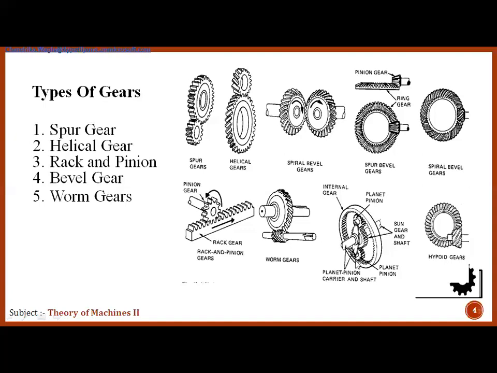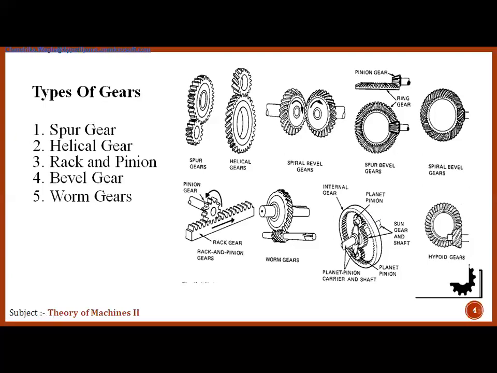Then another gear pair is the planet pinion carrier, the sun and planet gears, isn't it? Here you can see a different arrangement of internal gearing and external gearing. This is another type of gear pair. Then there is the hypoid gear, which is the next level of a spiral gear. When the gear teeth are cut at a curvature, if they have an arc, then these are known as hypoid gears.